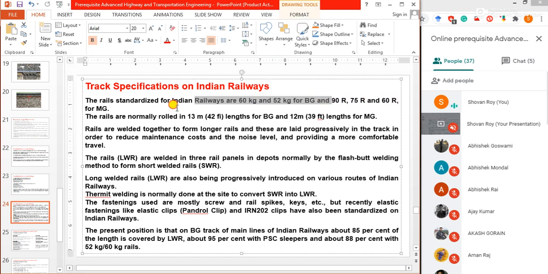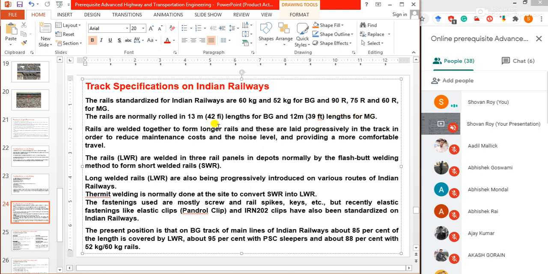About this specification we will discuss when the actual specification part of the rail comes. Then we will discuss what is this 90R, what is this 75R, what is this 60R. Okay. The rails are normally rolled in 13-meter lengths for broad gauge